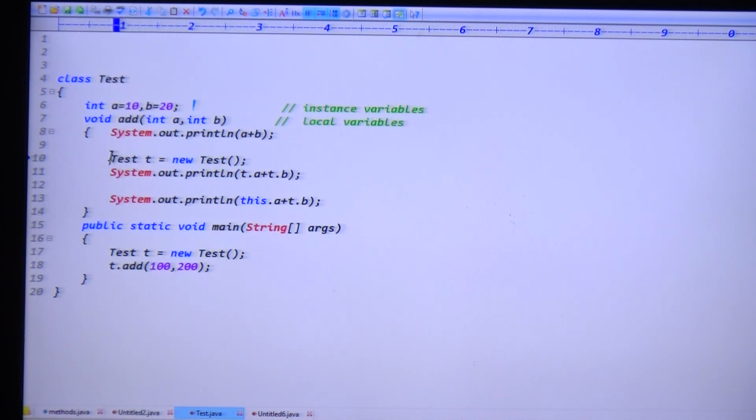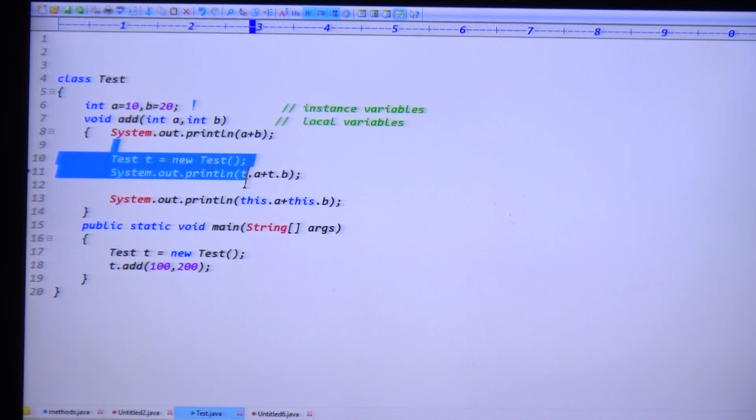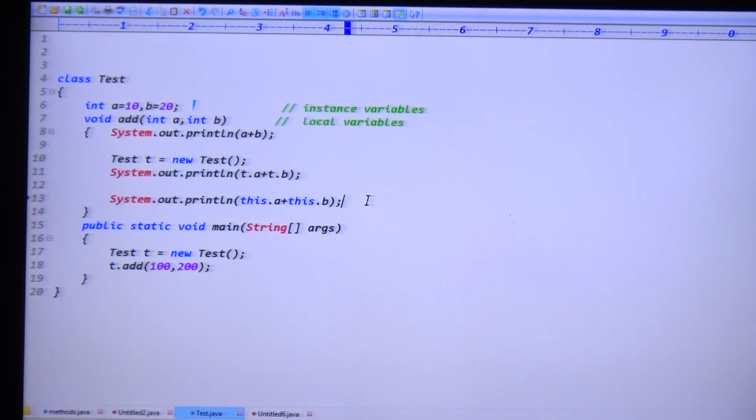In place of the object, we can use the this keyword: this.a and this.b. Here this is representing the current class object. Guys, that point is clear. This line and this line both are the same.